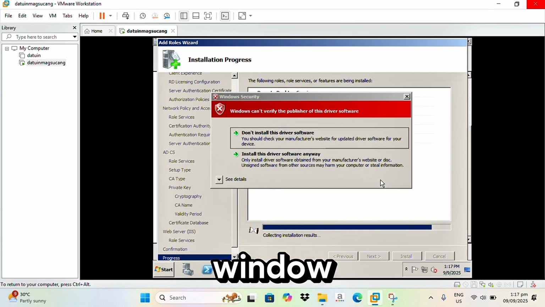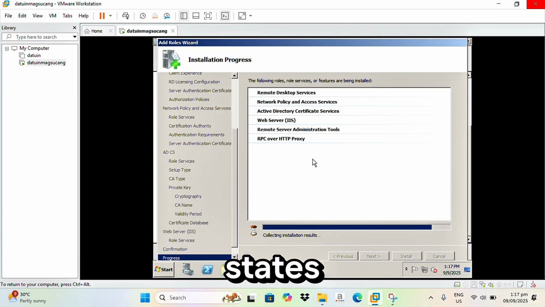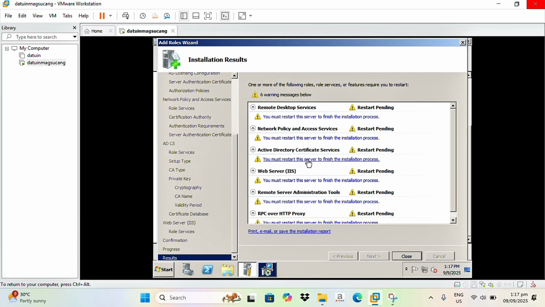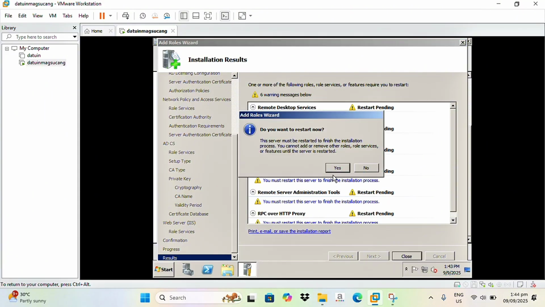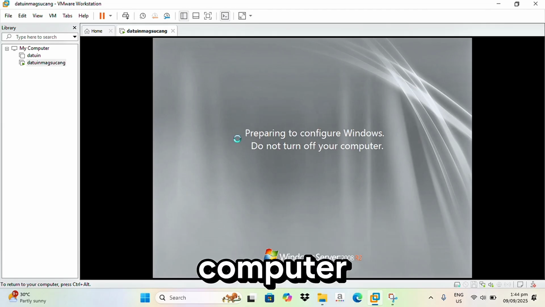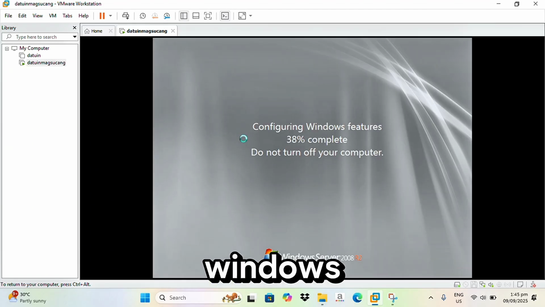If you see a Windows Security wizard that states Windows can't verify the publisher of this driver software, just click install this driver software anyway. So if no other wizard appears, click close to restart your computer.